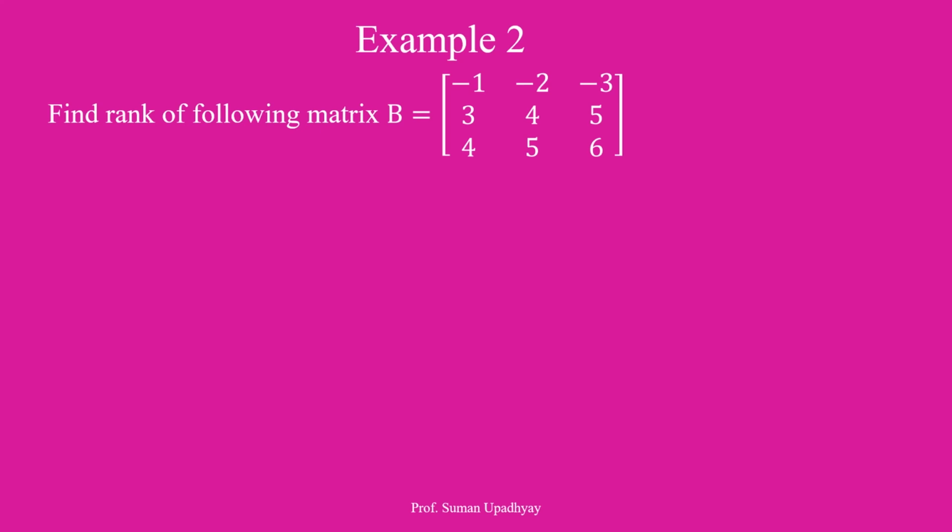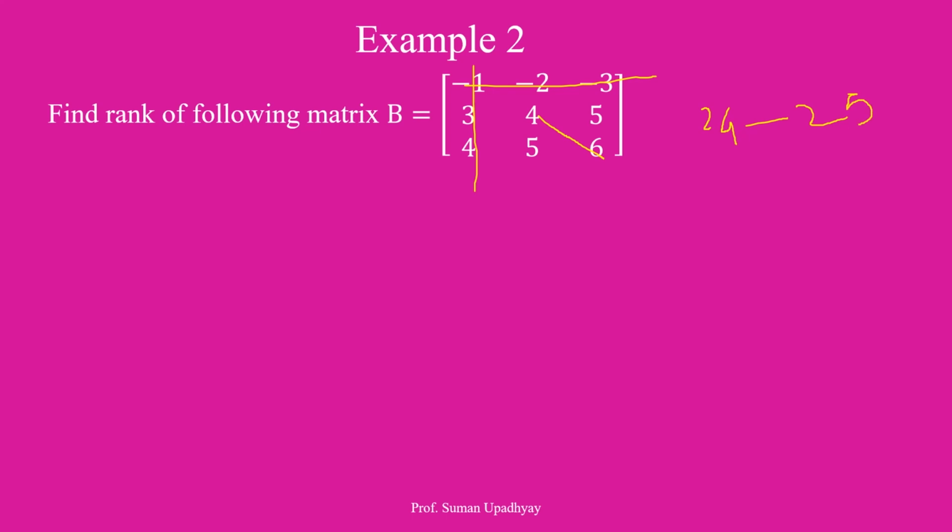Now for this matrix to have rank 2, we have to find at least one minor. Please understand we are talking about at least one minor. There is a possibility that you will get more than one, but we want at least one minor which is of order 2 by 2 and is non-vanishing. So from this matrix, what is that minor possible? You just try and do. Can I consider this minor? If I eliminate the first row and first column, 4 into 6 minus 5 into 5, 24 minus 25, and we got it as minus 1.